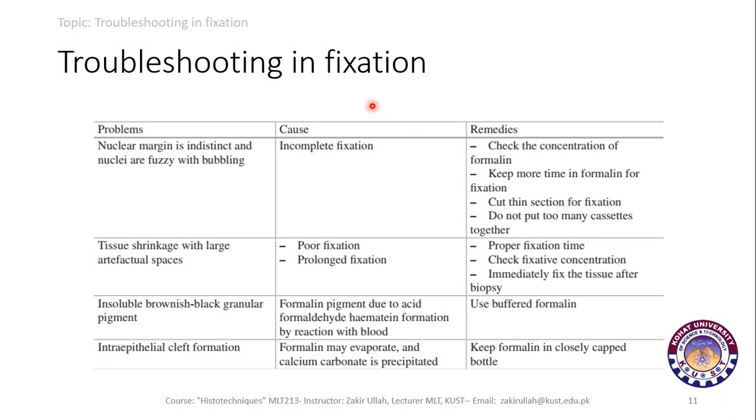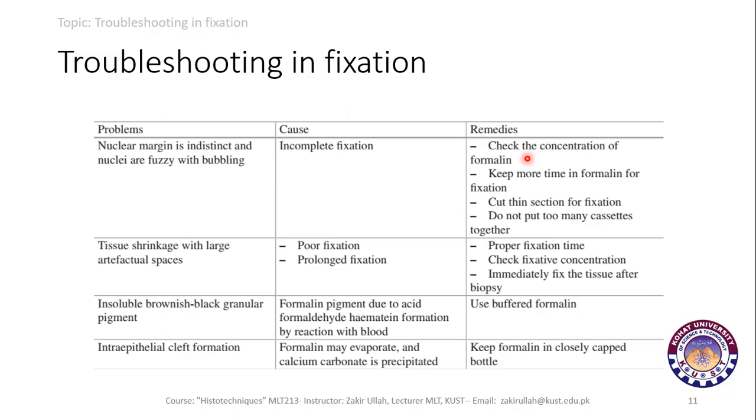This is a table which shows the problems, their causes and the remedies. The first problem is that the nuclear margin is indistinct and unclear, and the nuclei are fuzzy or hazy and show bubbles. This problem is caused by incomplete or improper fixation. To solve this issue,